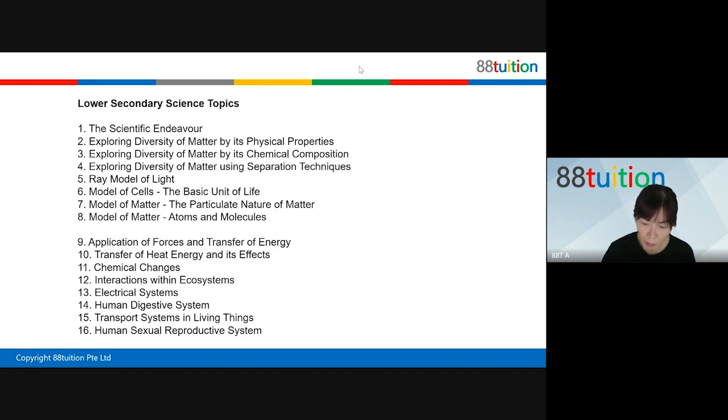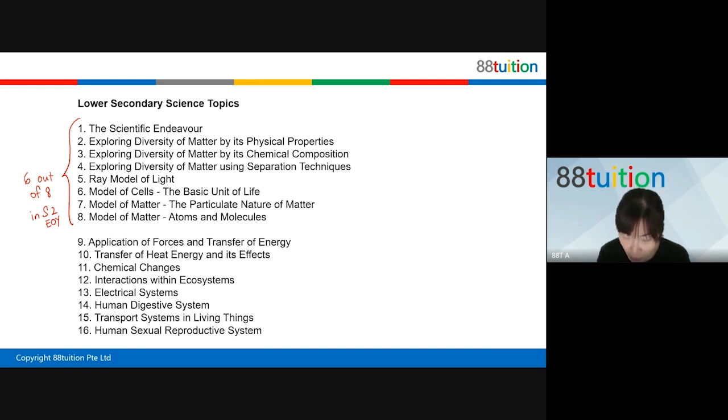So what happened is, all these 8 chapters, from my experience, because my son also did Sec 2 this year and I have quite a number of students in my Sec 2 class, what I observed is that some schools are testing like 6 out of 8 chapters in Sec 2, only in the final exam, the end of year exam. So these are the topics that they will test again.